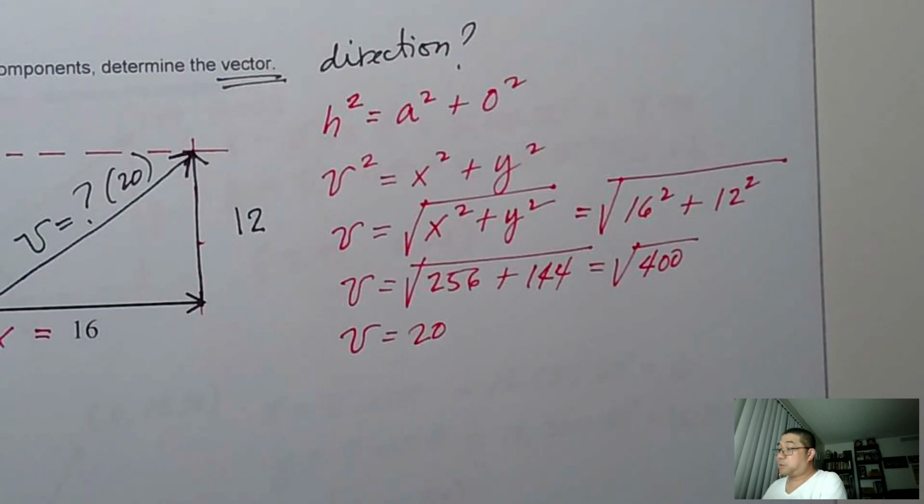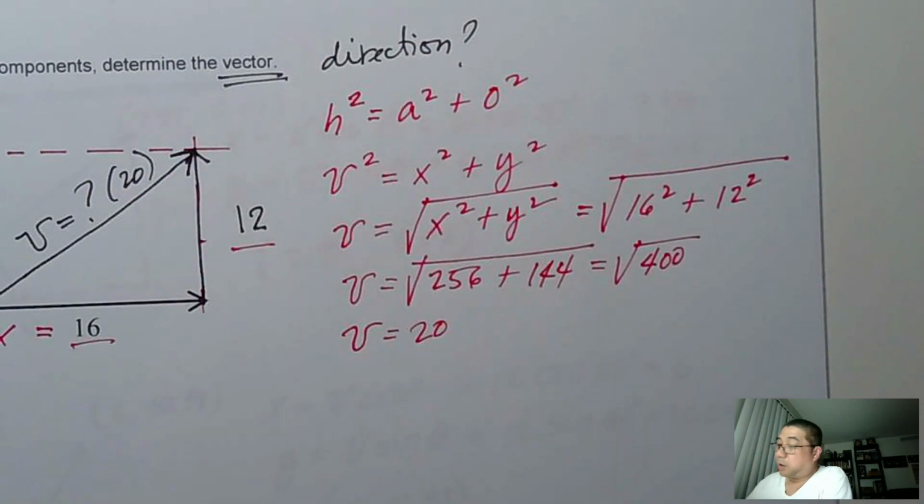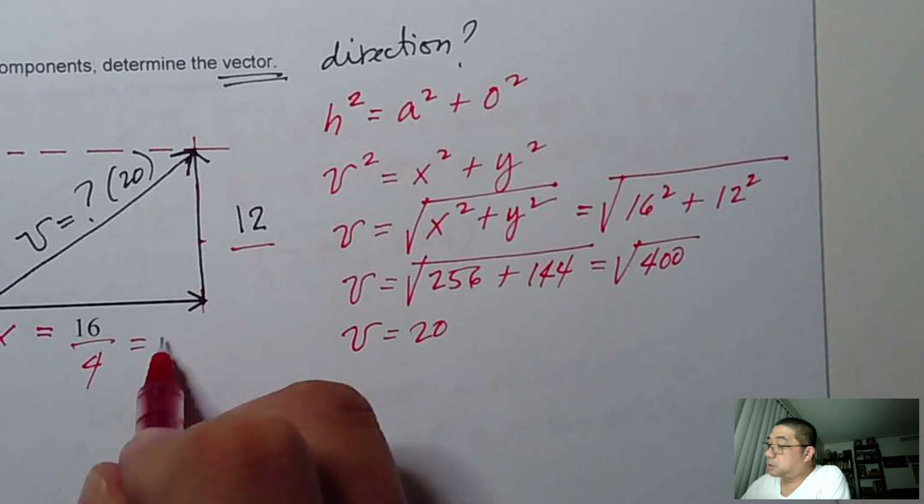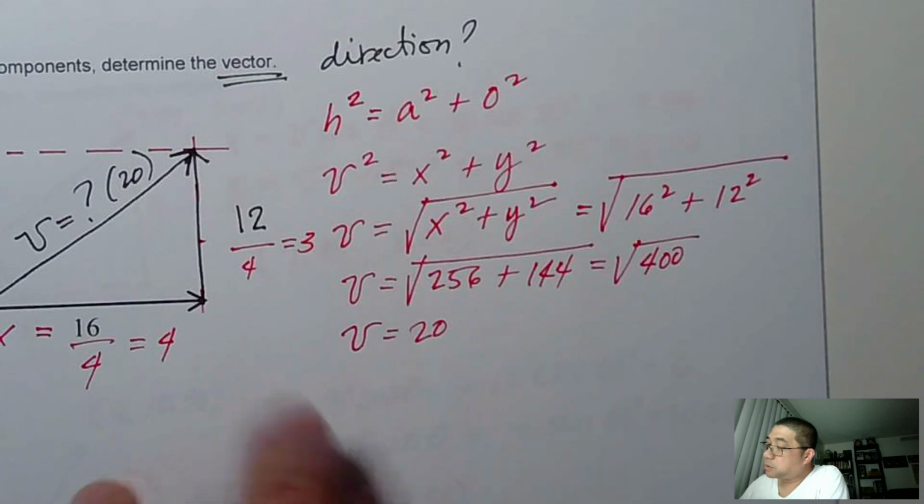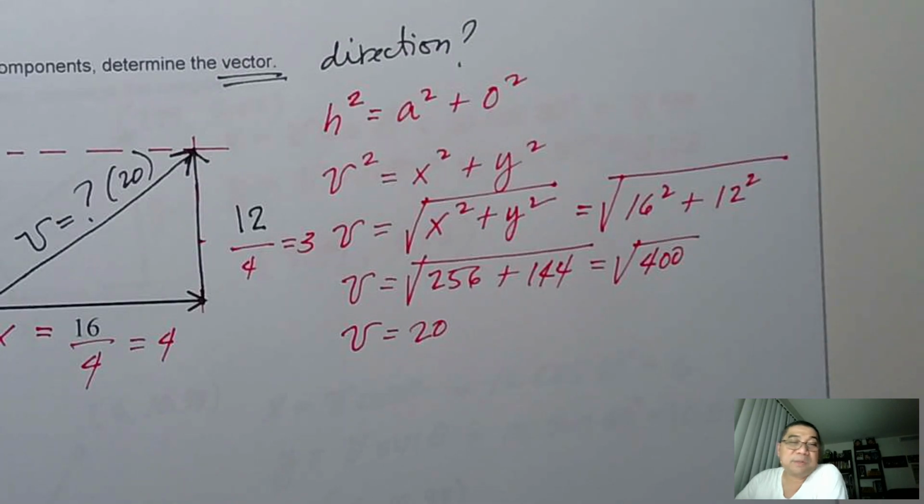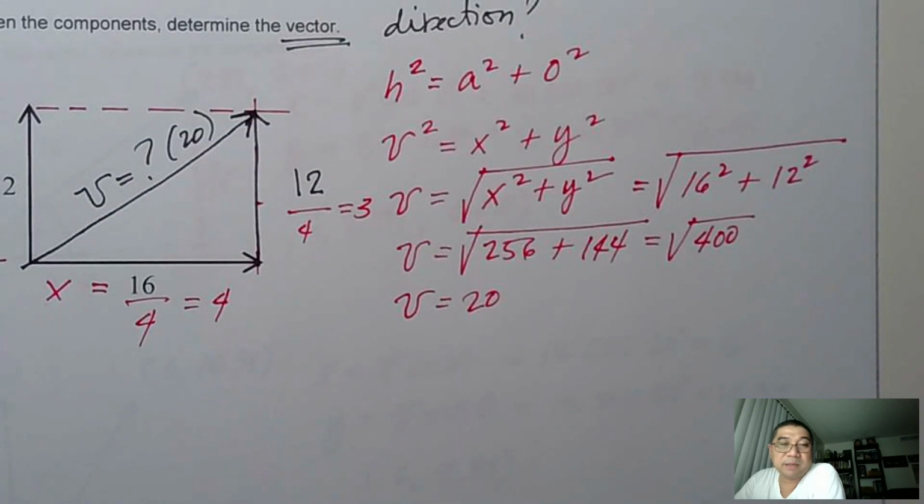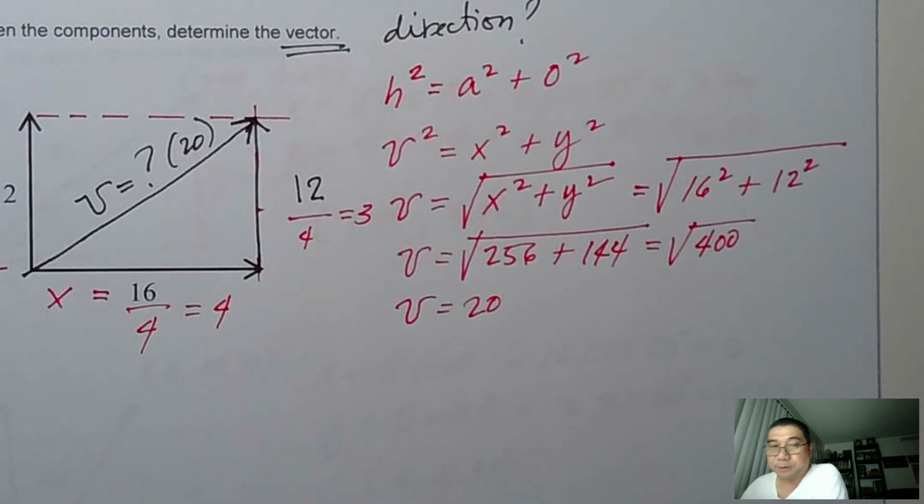20 because it's a special triangle. So if you divide both sides by what? Divide all of them by 4. So this is equivalent to 4. This one is equivalent to 3. So this is a 3, 4, 5 triangle. So that's why. If you see that pattern, that one side is 3, one side is 4, the longest side will be 5. So that's a special triangle. 3, 4,